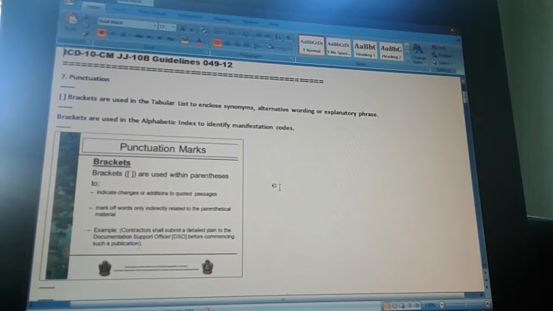So this is a summary of the punctuation marks. Brackets are used within parentheses to indicate changes or additions to quoted passages, or mark words only indirectly related to the parenthetical material. So everything that is in parentheses, if you want to use brackets, the brackets are used within a parenthesis, not to use two parentheses. It's like a sub